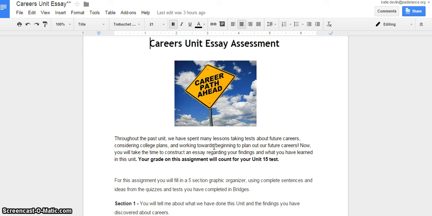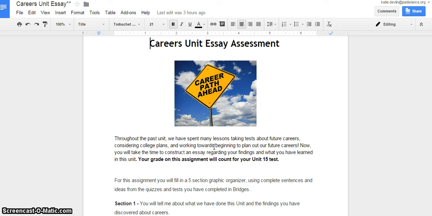But for you guys, it's going to take more of the form of a graphic organizer with complete sentences written in. So for this assignment, you will fill in a 5-section graphic organizer using complete sentences and with ideas from the quizzes and tests you have completed in Bridges. Here's an important thing to note, everyone. For this assignment, there will be no new material that you need to research to complete. Everything you're going to write about, you should have already done if you have completed all of the Bridges assignments,